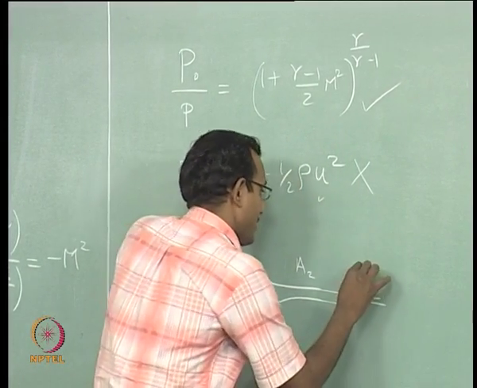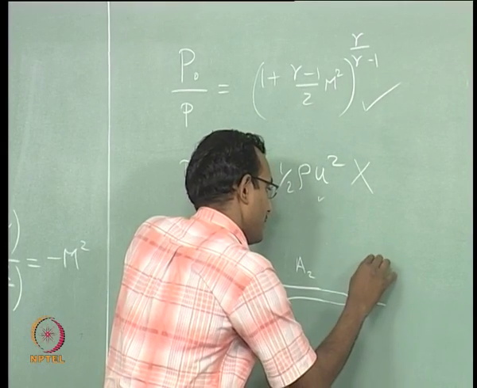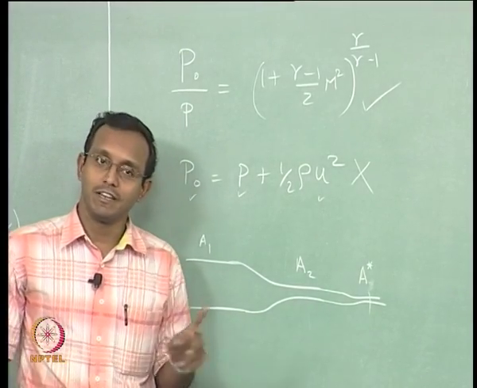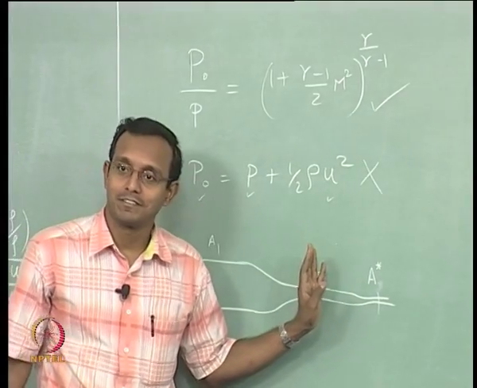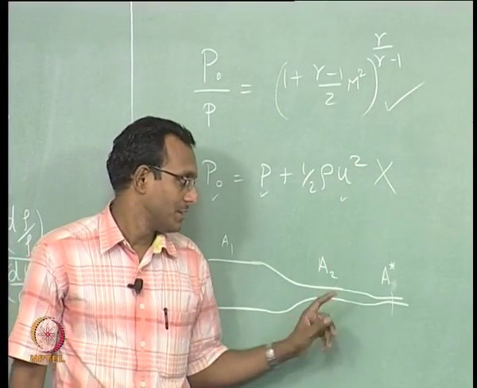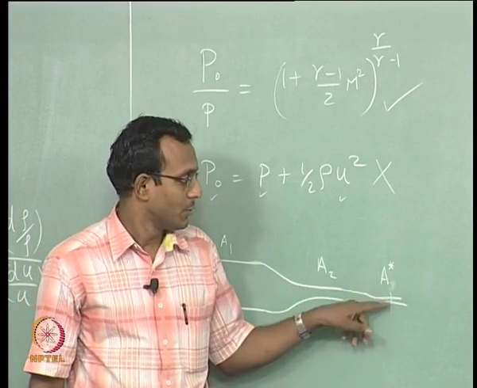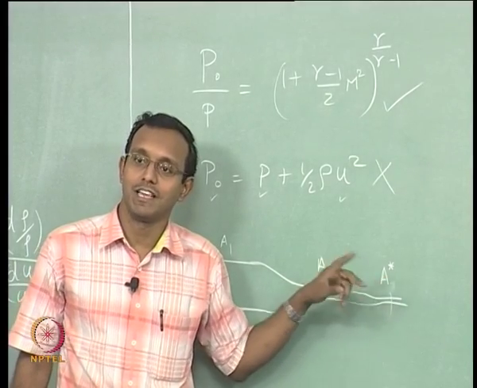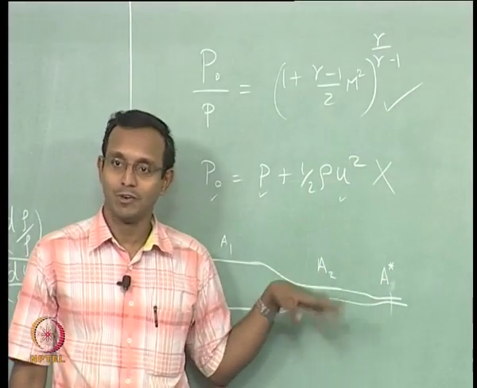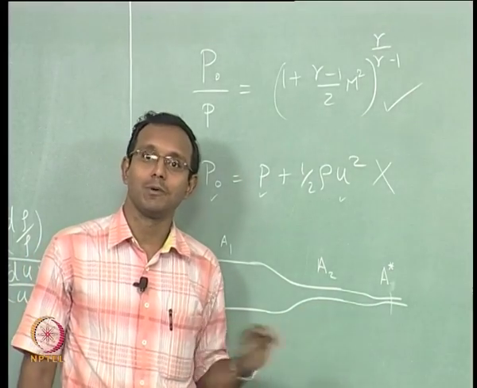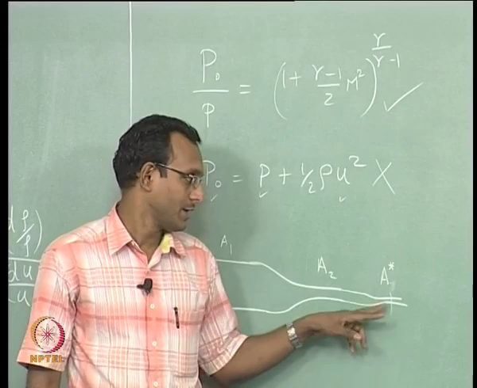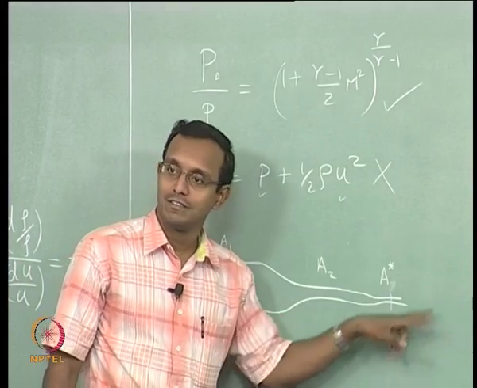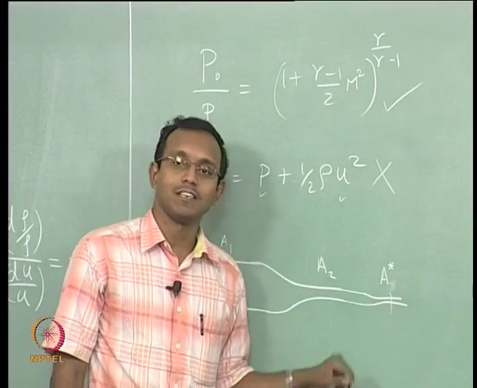Now, I will consider a special case where this goes to a condition where I will put A star here. I am considering an imaginary case even if needed. I am going to consider this stream tube going to some area such that it will have a star condition, the critical condition, that is M equal to 1 condition. From now on in the course, wherever I put star, it corresponds to M equal to 1 at that point. So, I am going to consider an imaginary portion of this flow field where it will have area A star,